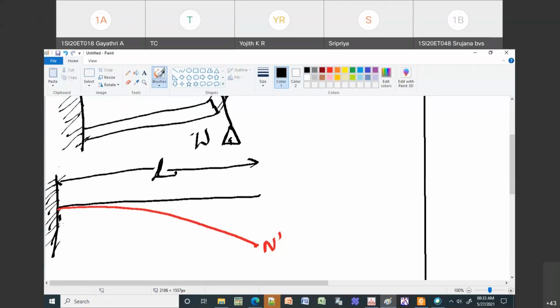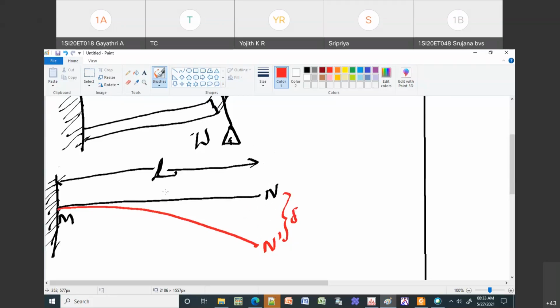M is the fixed end, N is the free end. What happens to M? M is not going to change because it is fixed. But after you apply the load, there is some kind of depression, which I have already explained. Let us call delta the depression which is produced after the application of the load. So this is what we have for a given filament.